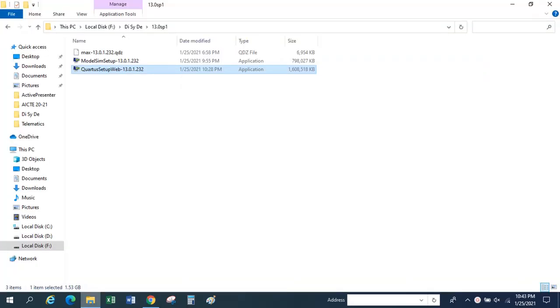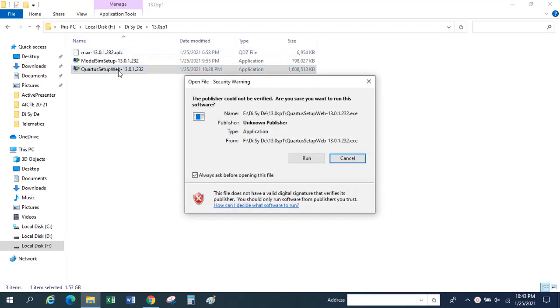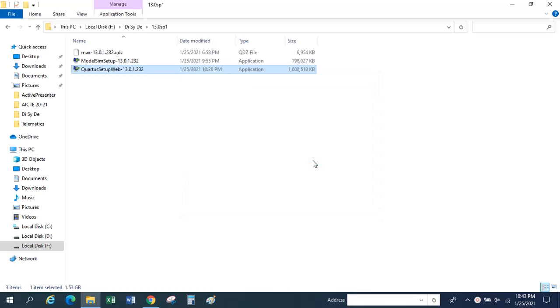Now all my files are downloaded. I can start installing Cortex 2. So installation is very simple. We have to run this Cortex 2 13.0 SP1, and as soon as you click on run, it will direct you to the